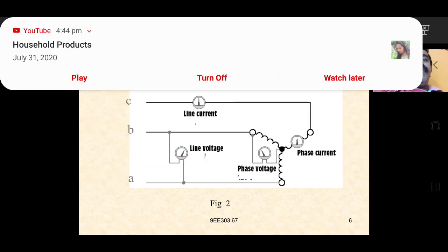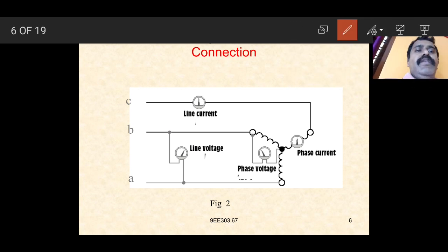Whenever current flows in the three phases, the three currents induce a flux. Therefore, the EMF is set up across the lines and across the phases. Whatever EMF is induced across the phases, we call the phase voltages. The EMF set up across the lines gives the line voltages, line current, and the line voltage that we can express here.